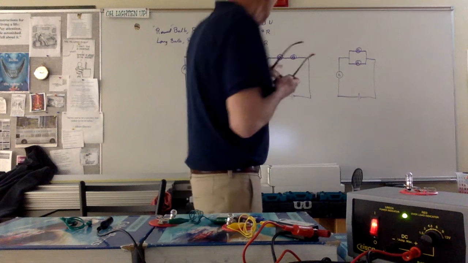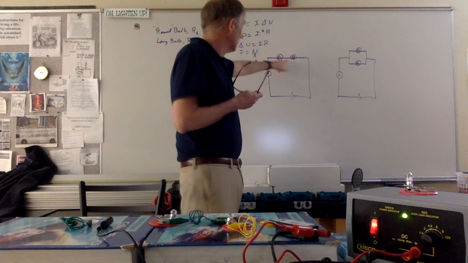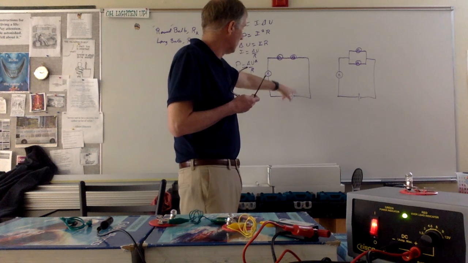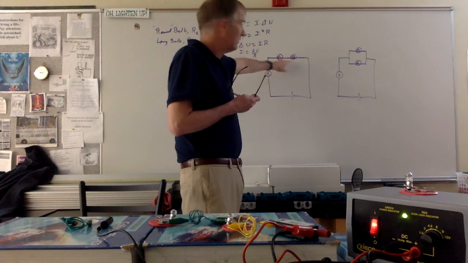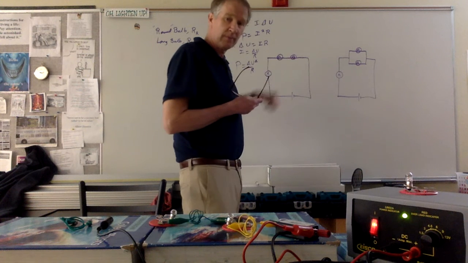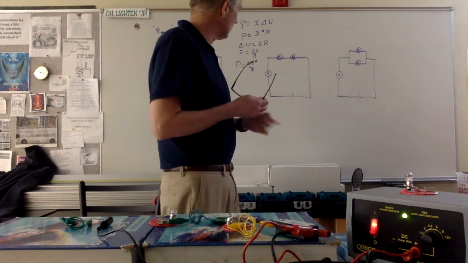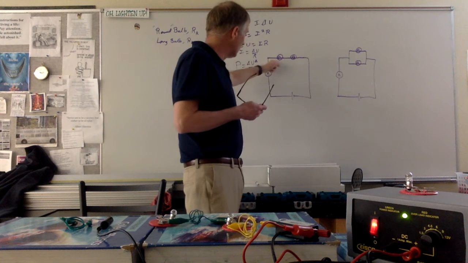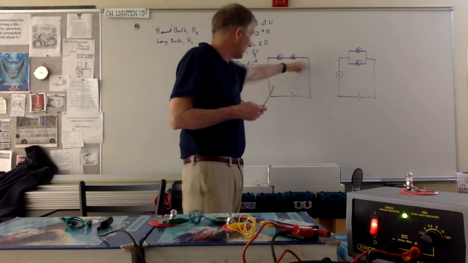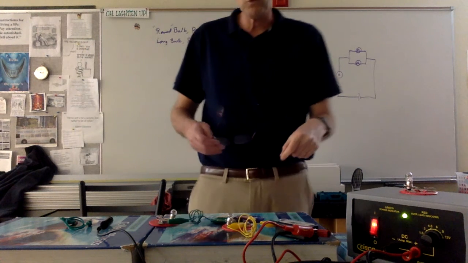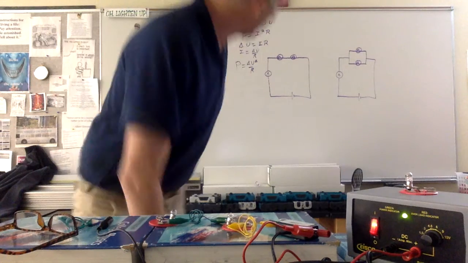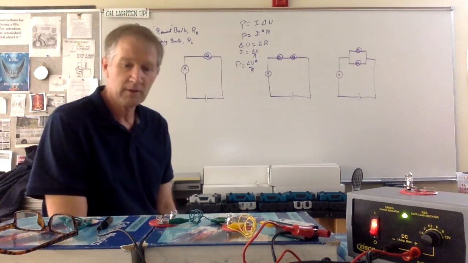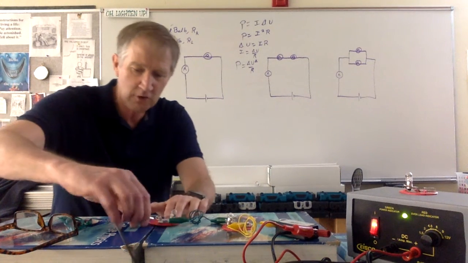Not only that, but they have to share the voltage. You only have 1.5 volts available. This bulb is going to get some of it, and that one is going to get the rest. The voltage goes from 1.5 volts to 0, so this is going to use up some of it, and that's going to use up some of it. So not only has the current been reduced by half, but the voltage available to each bulb has been reduced by half. And so we should see